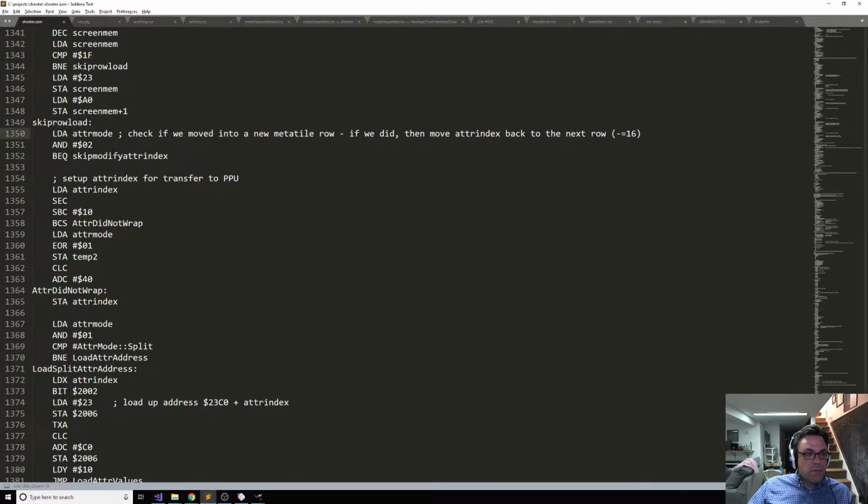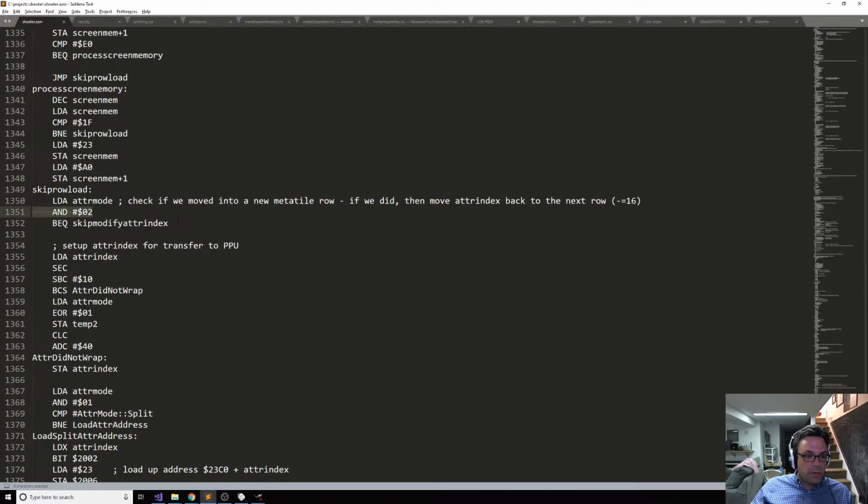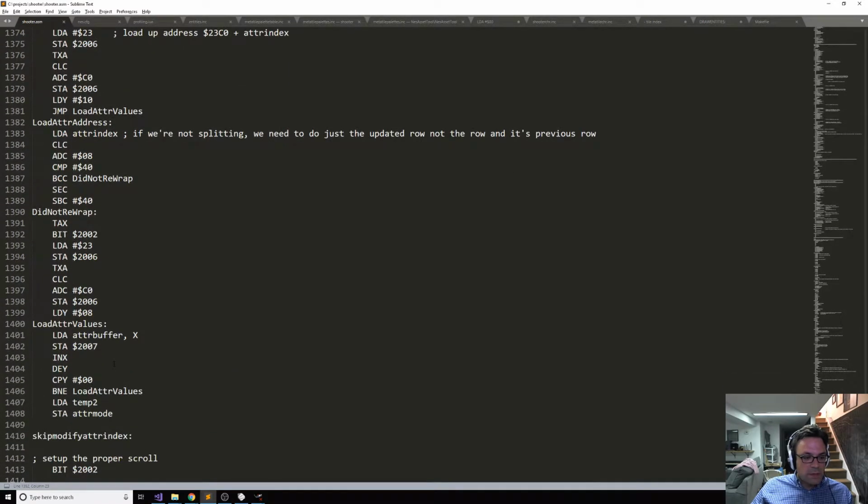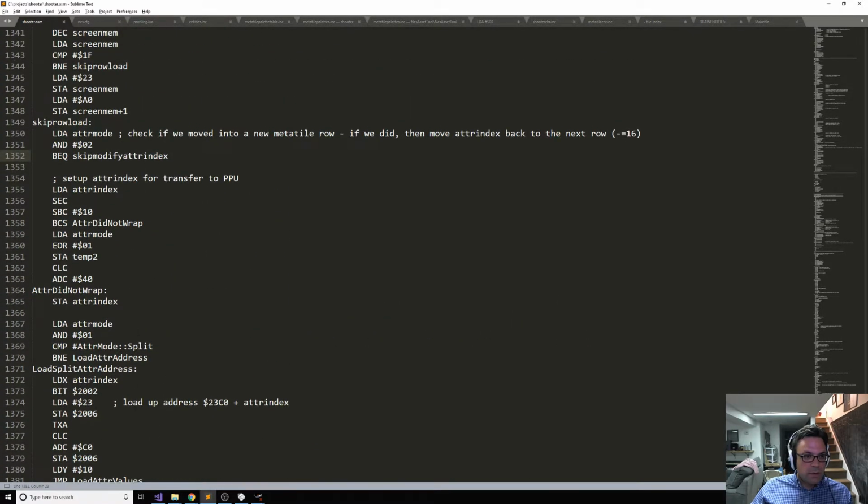attributes. The way we know that we need to load the attributes is we check to see if we encountered a new meta tile row. We set this second bit up above that code at the top here. So if we do an AND on that second bit and we get a 0, which means this equal will be true, we're going to skip modifying the attribute index because we don't care about that. We're not doing anything. Otherwise, we're saying, okay, let's get the attribute index, and we are going to subtract